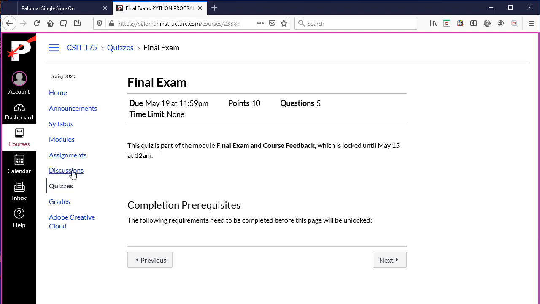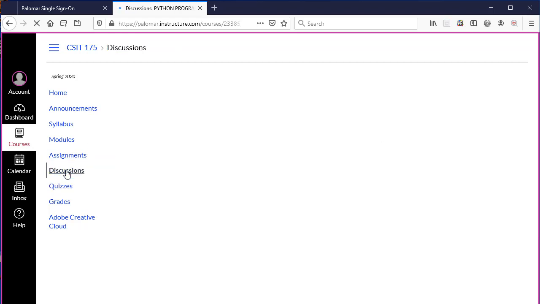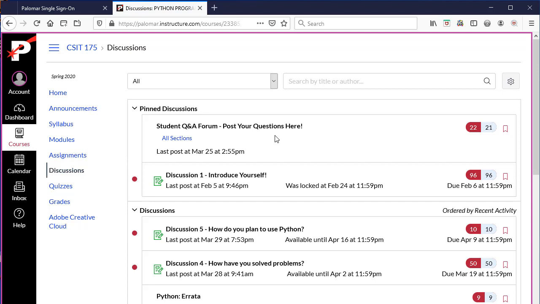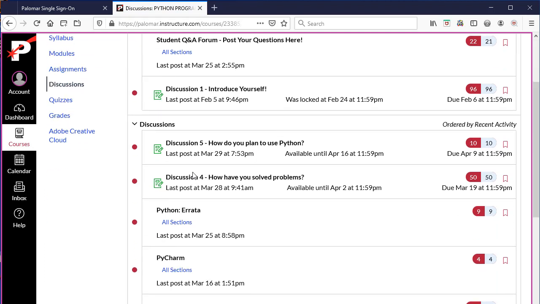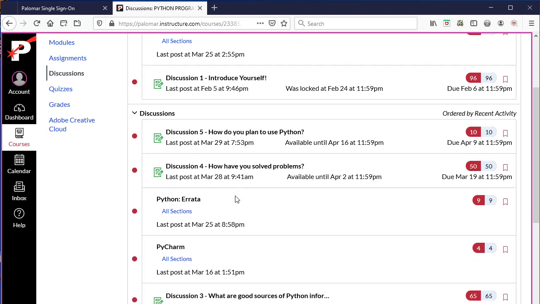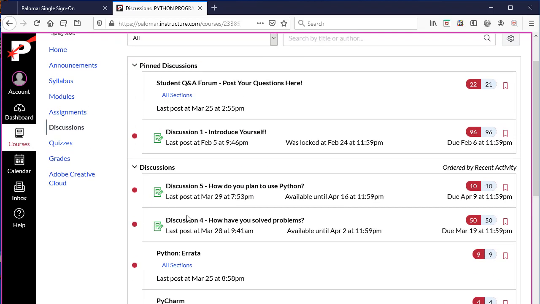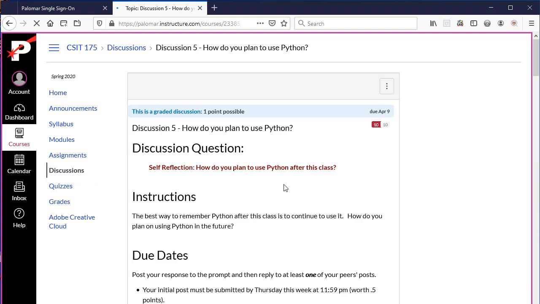Let's go down here to something called discussions now. Okay, so in discussions, your instructor may post discussions that you need to answer for points. Some discussions are just discussions between people. This one's open enough, so I'm going to click on that because it looks like it's open to me as a student. It says here that it's 1 point possible that the instructor is giving on this,